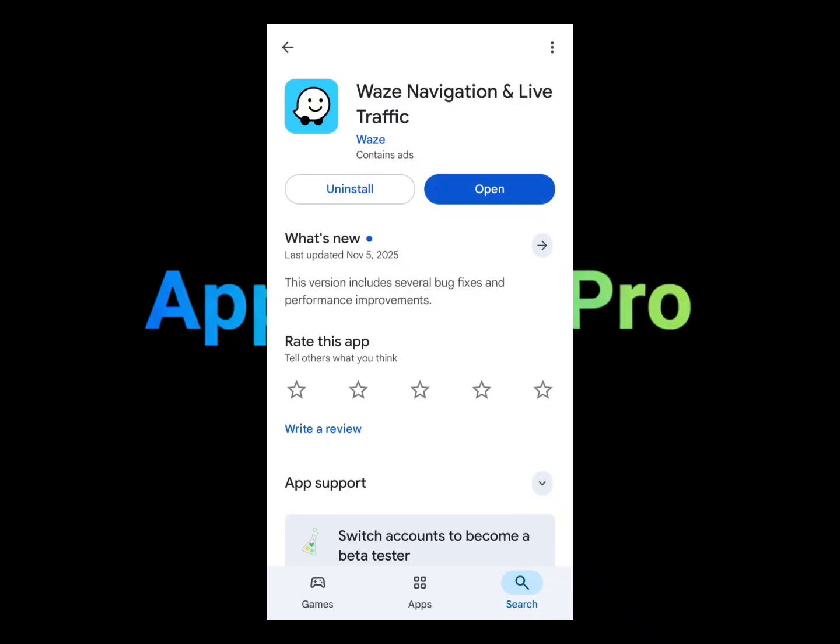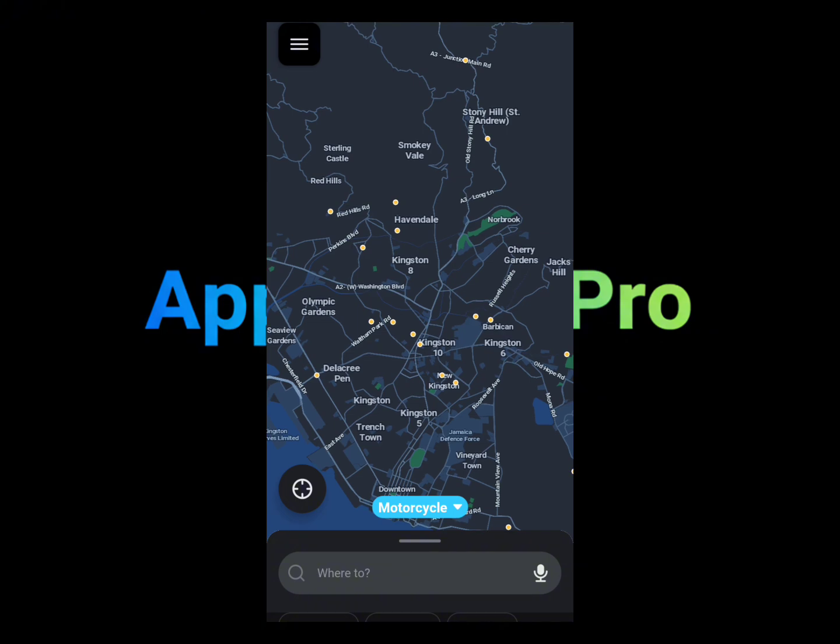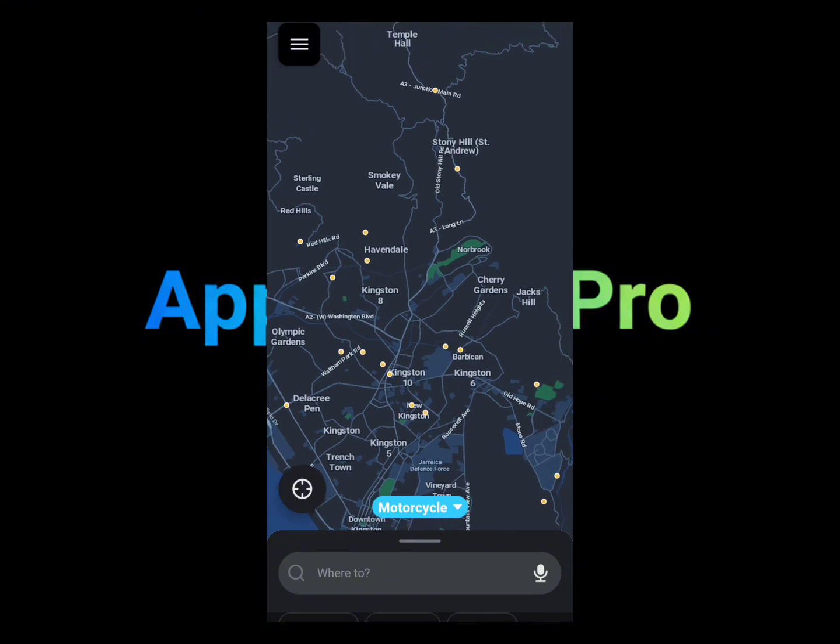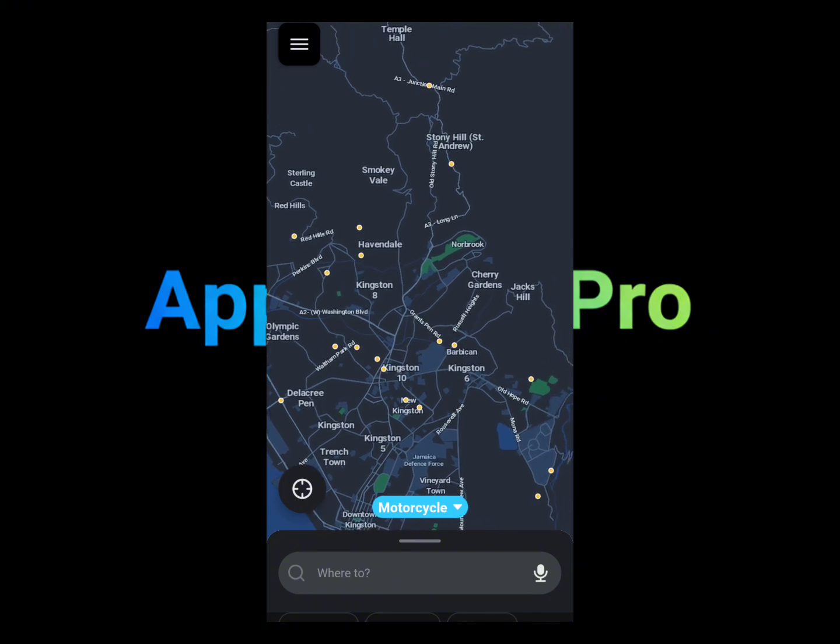You want to install this application before you go on the road driving. Anyways, we'll show you guys how to use it like a pro. Stay tuned. And here, this is the old screen of the application, and it will pretty much ask you for